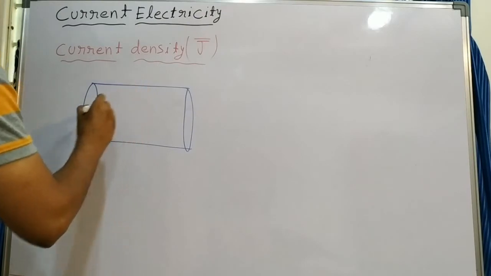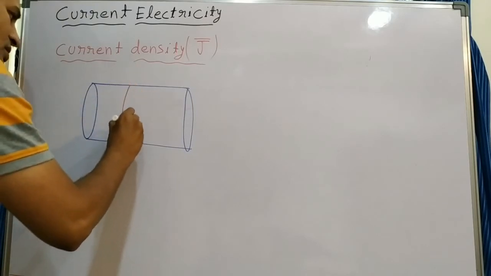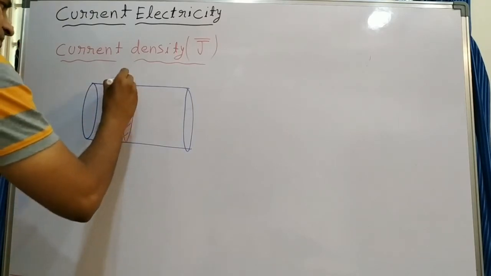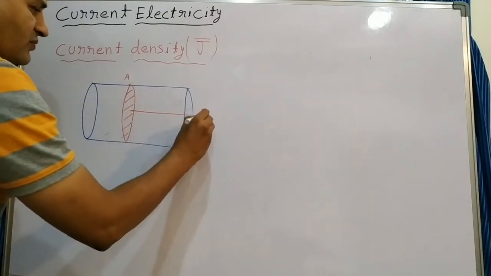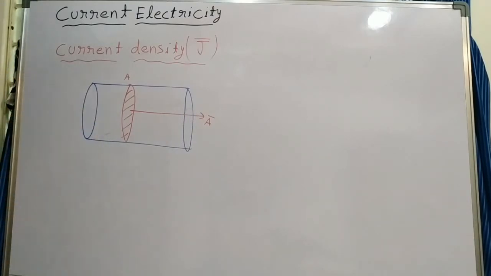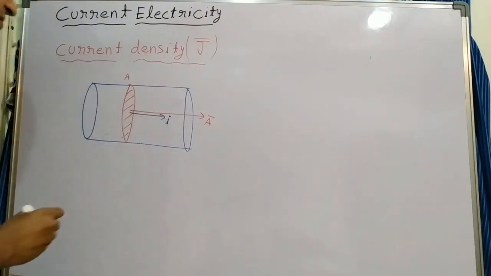According to the definition, current density is nothing but current flowing per unit area of the conductor. Suppose you take a conductor. We are assuming a cross section here, like this. The area of cross section is A. The direction of area of cross section we can represent like this. So a vector normal drawn on the surface, that is the direction of area, which is along the conductor. How is current flowing? In the same direction. This is the direction of I.